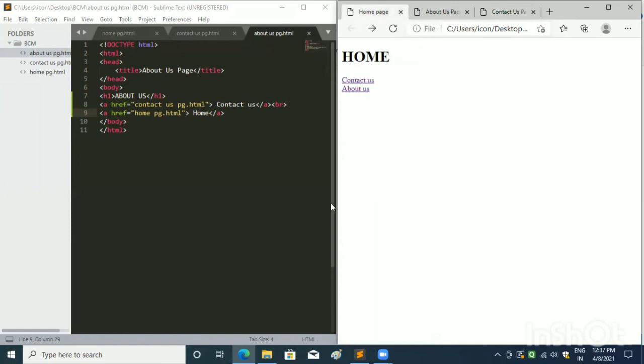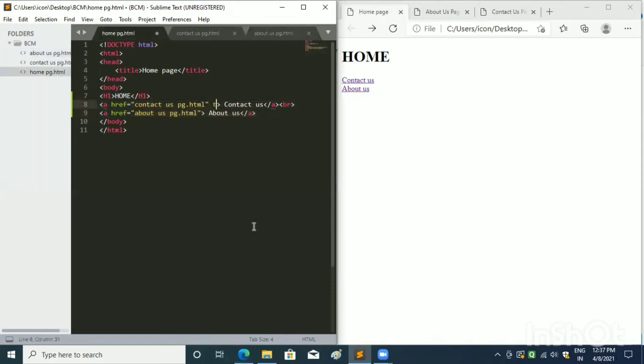Now let's talk about one attribute used in the anchor tag. The name of the attribute is target attribute. So I will write target attribute in the anchor tag of the document and give an underscore and write blank in it.